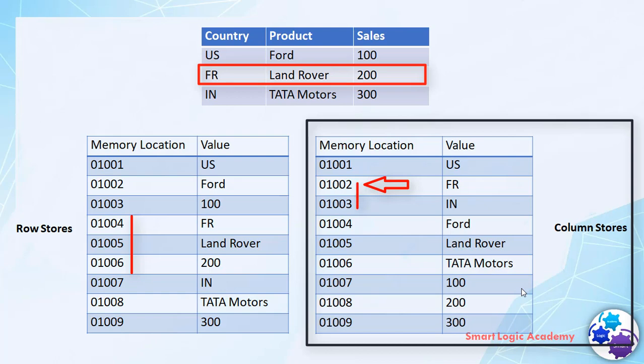It will continue scanning till location 01005, fetch the value Land Rover, and again continue scanning to memory location 01008, and from there fetch the value 200. Here you can easily observe that we required more time for scanning to find information related to the query.